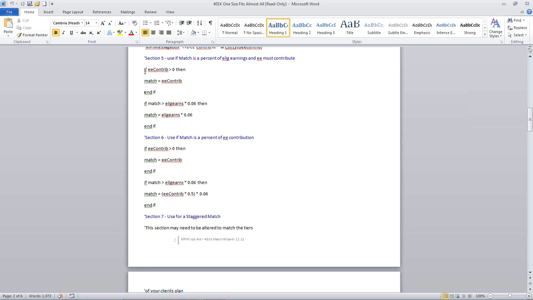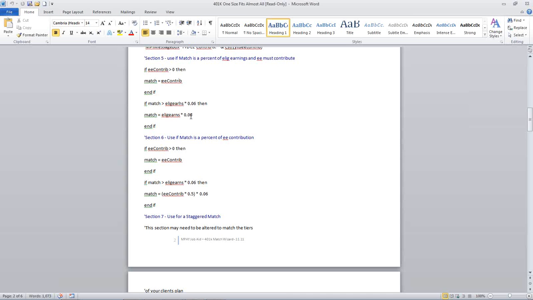So the first section is the simple script where we say if the employee contributes, and that is usually a condition for a match unless it's a safe harbor. And then what we do in here is say, okay, the match is equal to the employee's contribution. So the next thing we say, if the match you've created up here is greater than the eligible earnings times 6%, then make the match eligible earnings times 6%.